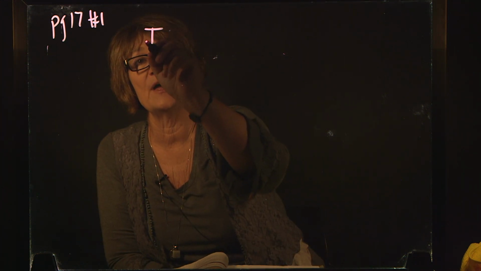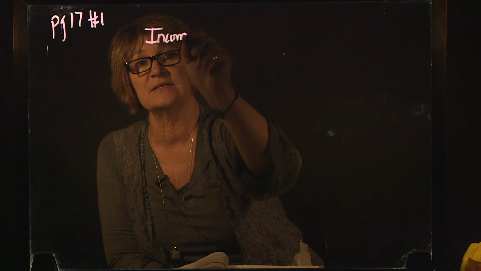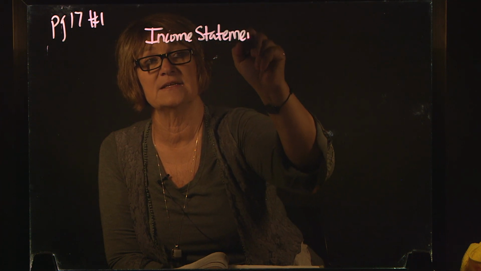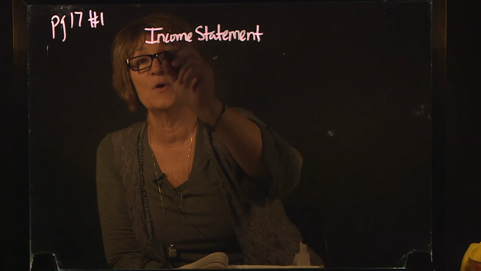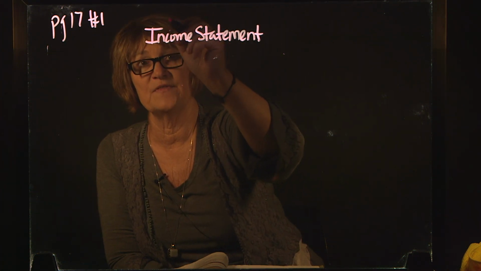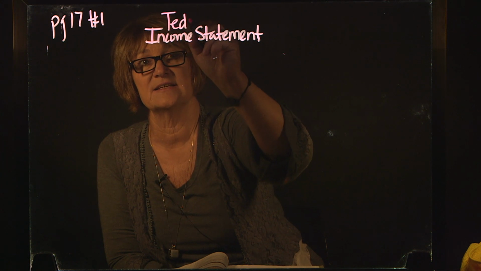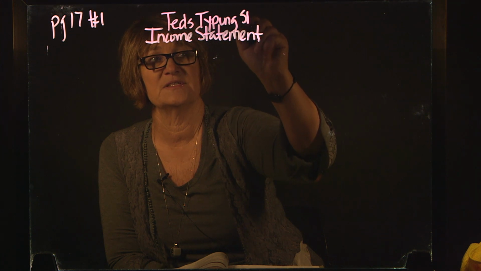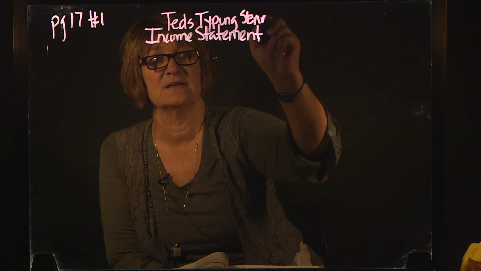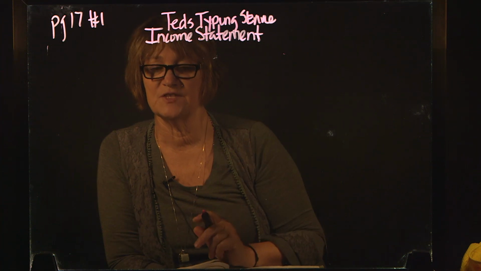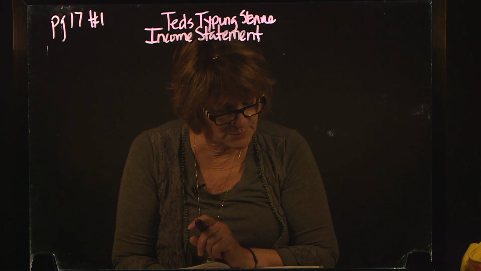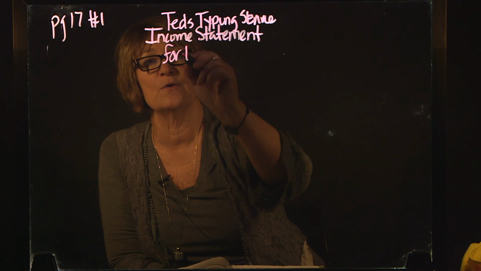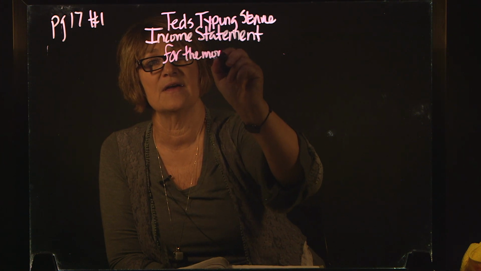So if I was going to prepare the income statement, I would write income statement. You always put the name of the company, so this is Ted's typing service, income statement, and then the period of time that it covers. So in this particular instance, they said it was for the month of January, so it would be for the month ending